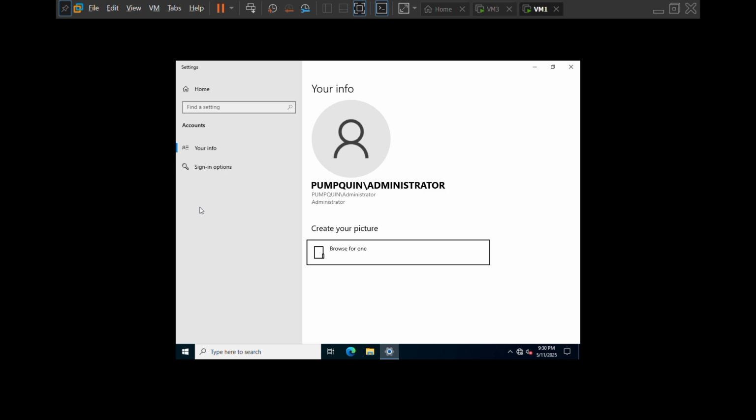First, I'll start by booting my Windows Server 2022 virtual machine in VMware. I log in as an administrator using Remote Desktop Protocol, or RDP, to access the server. As you can see here, my desktop with my user info is ready to begin the hardening process. This setup ensures I have full administrative privileges to make the necessary changes.